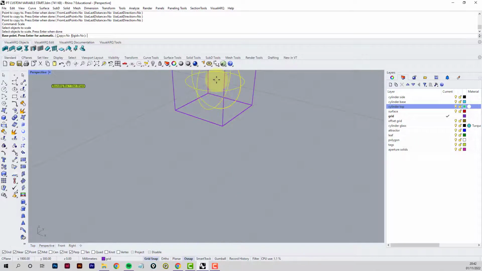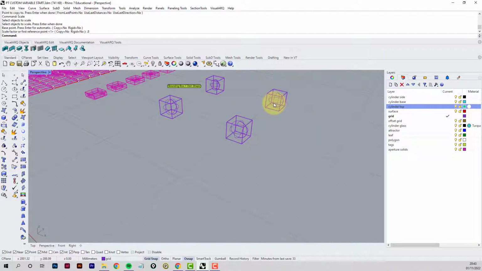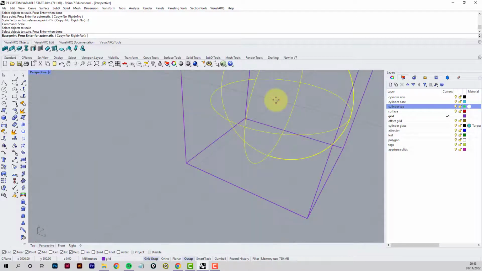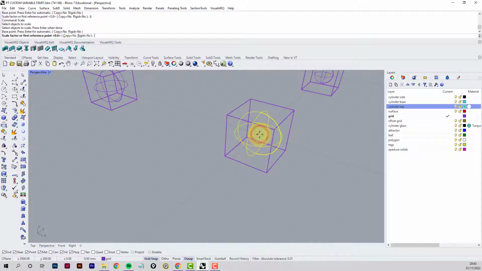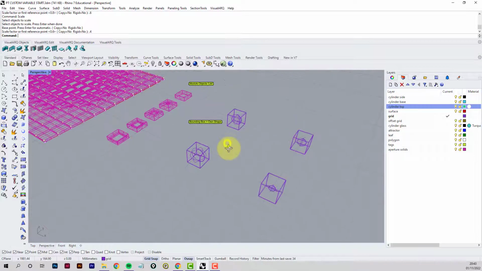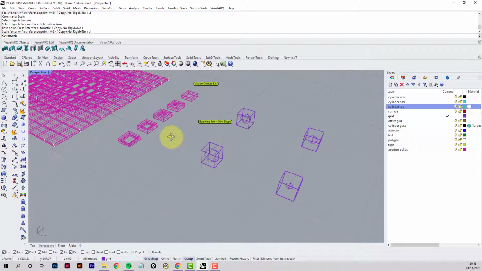Okay, so let's make this 0.8. Scale this one 0.6, scale this one 0.4. Okay, so we've got 4 different sizes of